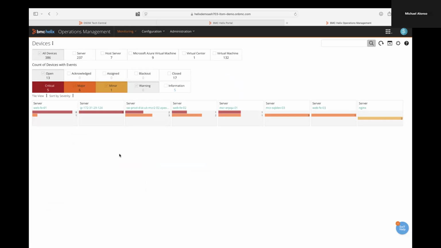So that's what you're seeing right here, all the different things that we're monitoring. We have 386 devices being monitored, but you're not seeing that. The only thing you're seeing, I have it filtered out, is to show me what's in a non-okay status. If it's okay, I really don't want to worry about it. I don't want to see it. But right here, you're seeing everything that we're monitoring, some via agent, some via agentless.